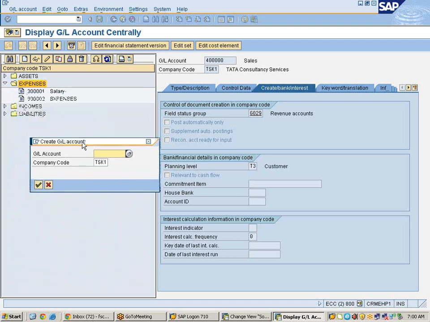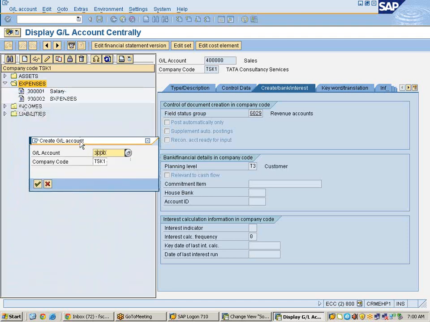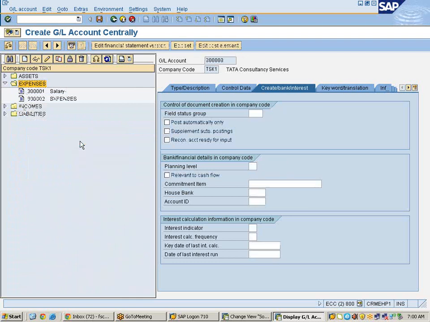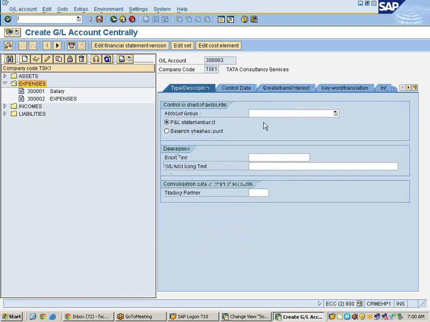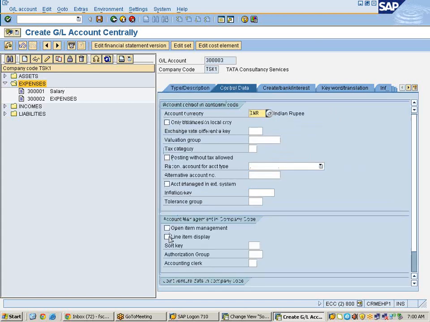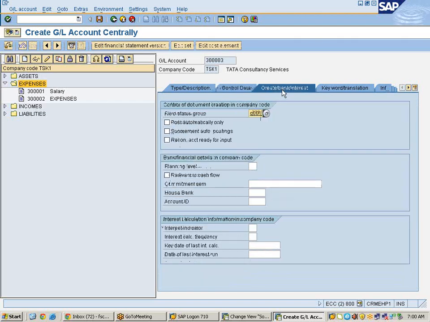User account 30003, expenses purchase account. Control data: soft pin 001, create our bank interest G001, but it should be updated with T2.